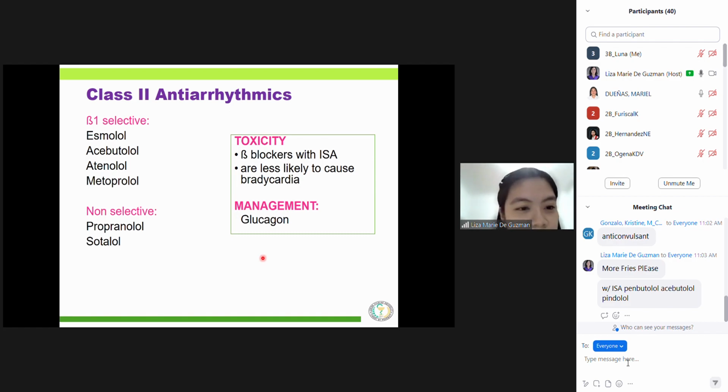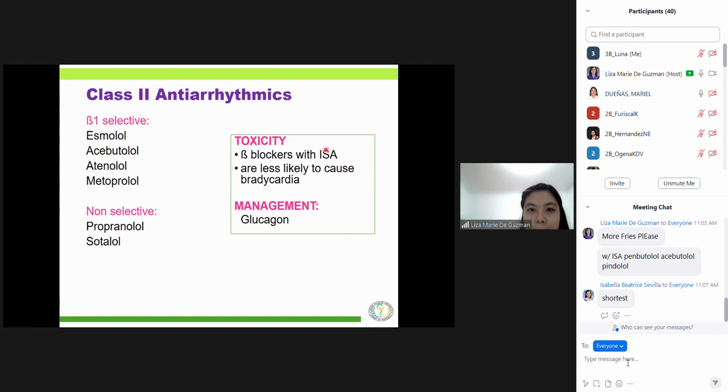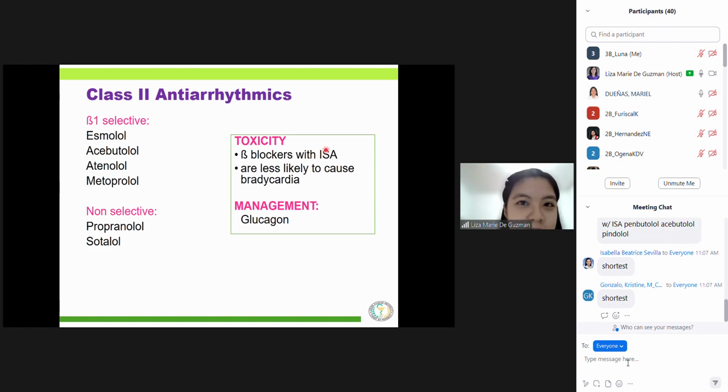And then what is the feature of the esmolol class? What is it again about esmolol? Is it the longest or the shortest acting beta blocker? Okay, very good. No, it's the shortest beta blocker. Beta 1 selective blocker that has a half-life of 10 minutes. So it's the shortest acting beta blocker with a half-life of 10 minutes.